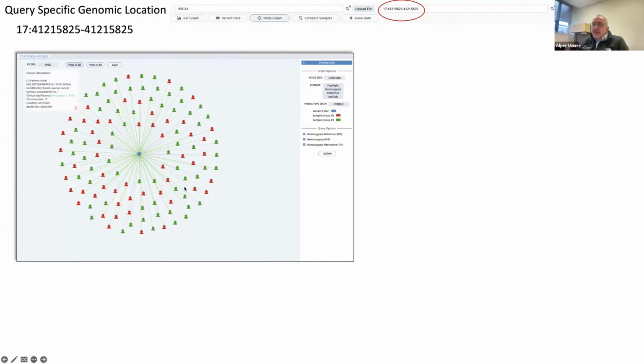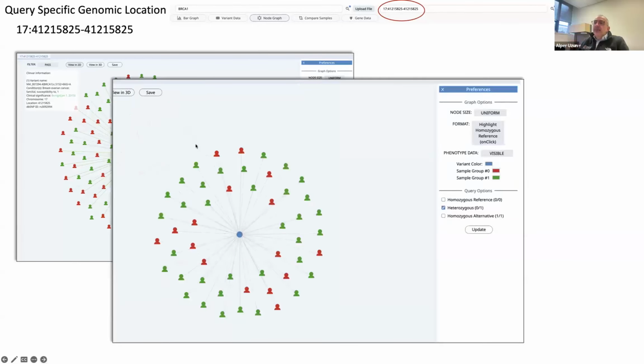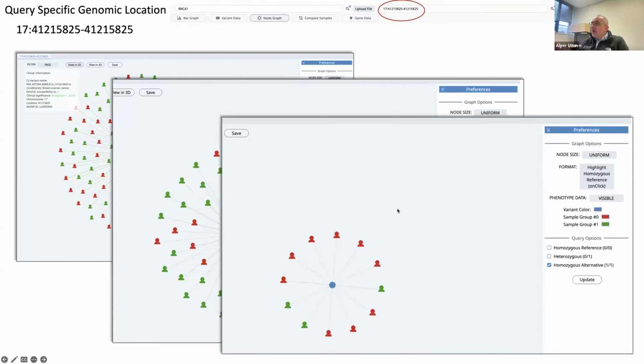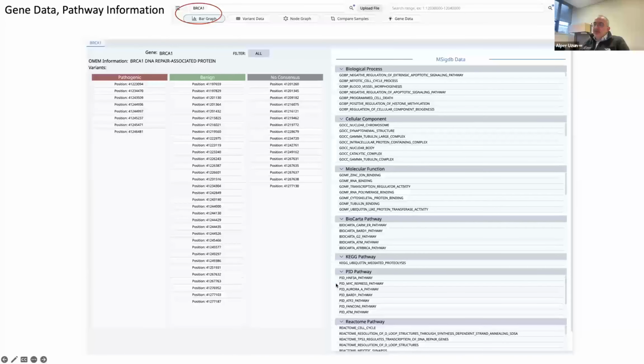This is the variant, these are the patients, and you can see homozygous reference, heterozygous, or homozygous alternative variants represented here. But if you ask the question, only give me the heterozygous variants associated with those patients, you can see that one too. Or only homozygous alternative variants. So you can see those specific patients associated with this variant of interest.